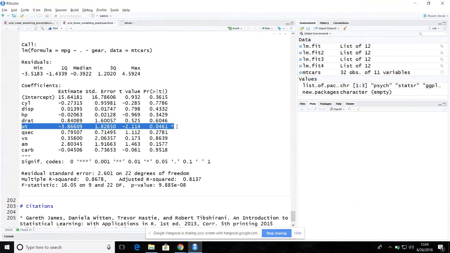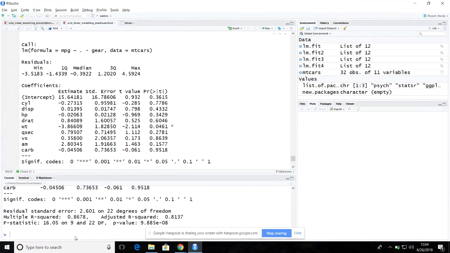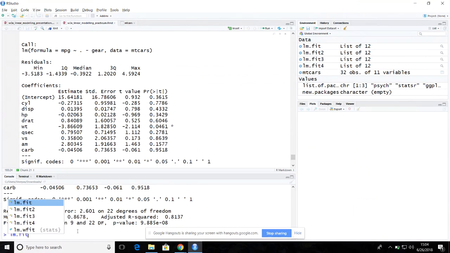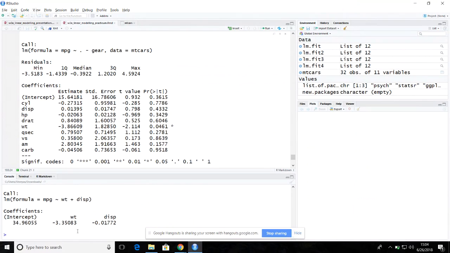And then prediction is pretty similar for multiple linear regression. Again, you can just use the predict function. So suppose, what was the second model we built? lm.fit2. If you recall, this just had two variables, wt and displacement. So if I wanted to make a prediction for MPG, you need to pass two values, what your weight is and what your displacement is. So I do, again, same call, predict,